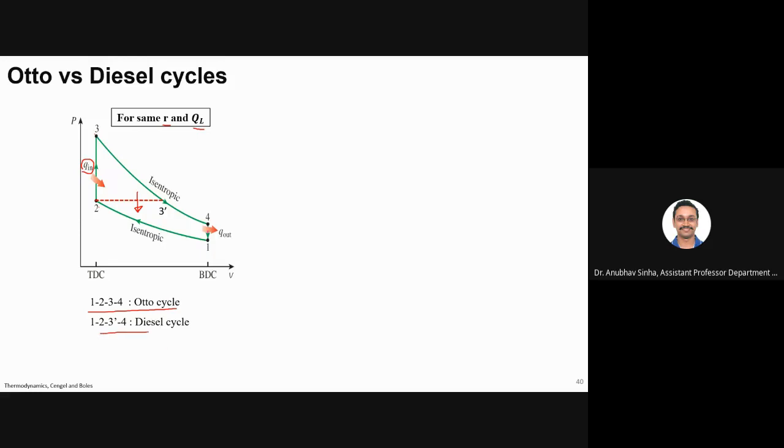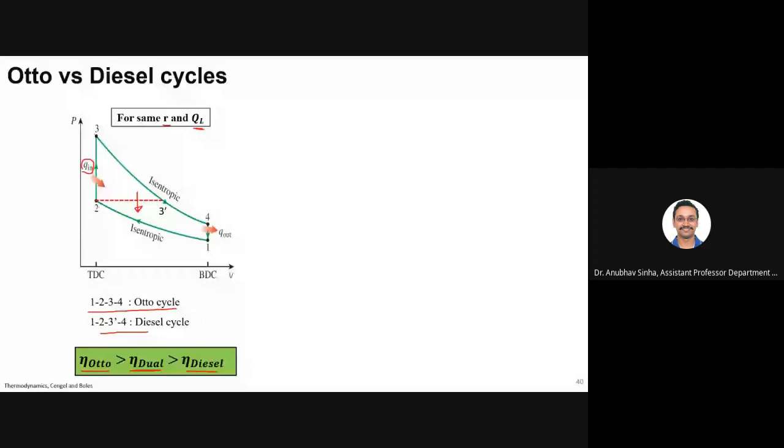Okay. Now which will have more work done, diesel or Otto? Otto cycle. Yes, Otto has larger area inside the cycle, so it will have more work done. But the heat will also be different. Okay, so for same compression ratio and same heat loss, we can say that Otto is the most efficient and diesel will be the least. Now this dual will come basically in between both of them.